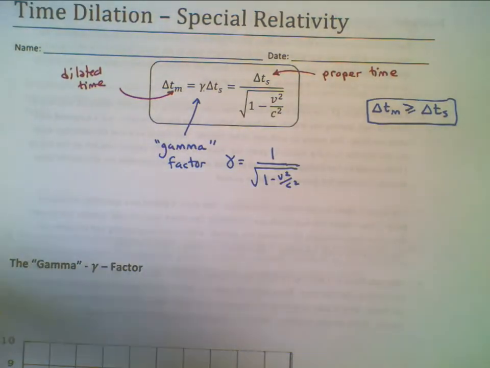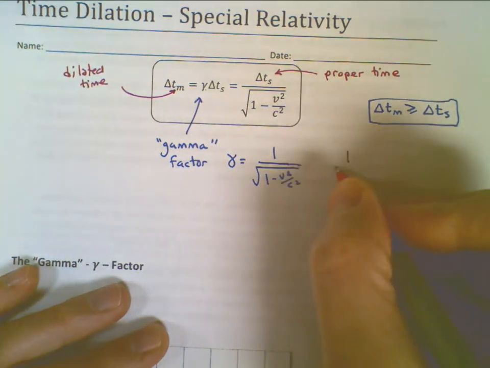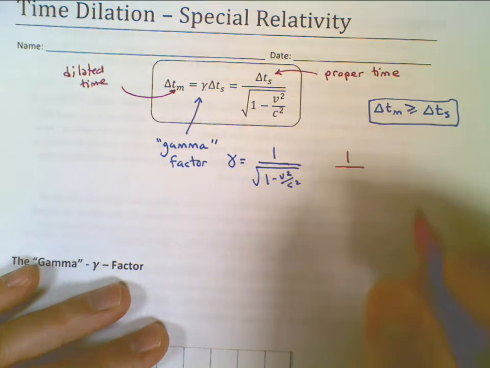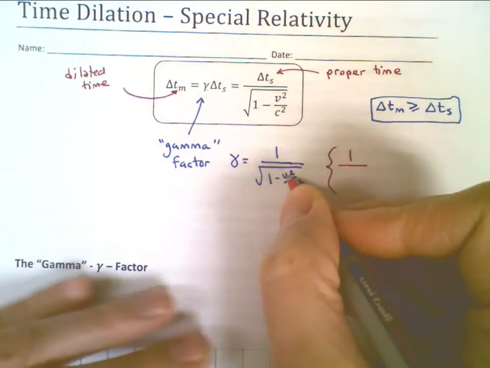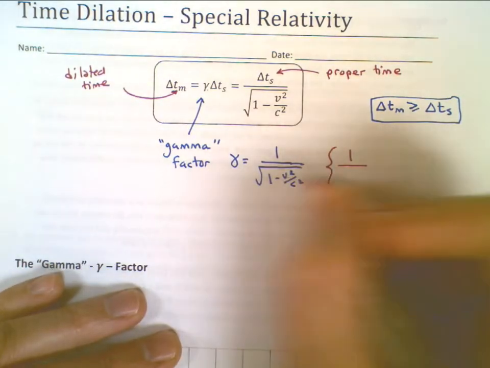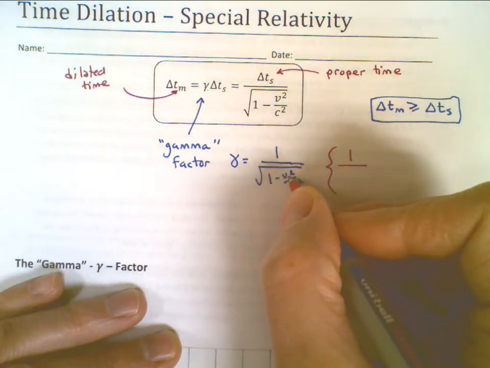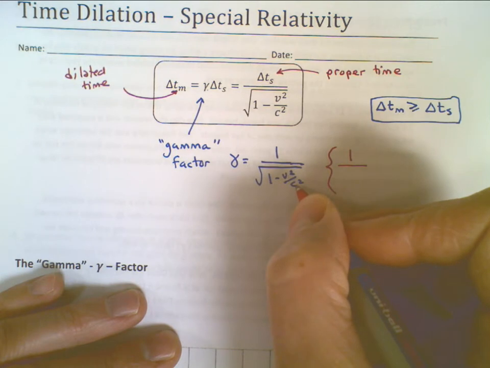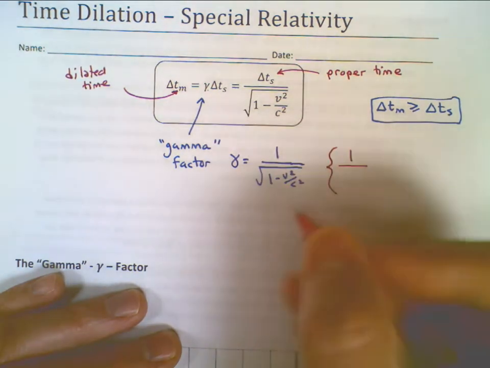Now there's a reason why we do this, because it makes calculations a lot nicer to do. So for instance, on the top the numerator is 1. And an interesting point is that on the bottom, no matter what you put in for v, if you start with 0, it equals 1. Okay? But as v starts to get bigger, v divided by the speed of light is a larger number, and 1 minus a number means that this is less than 1. Okay? So the bottom part of this, and then you square root it, is just always going to be less